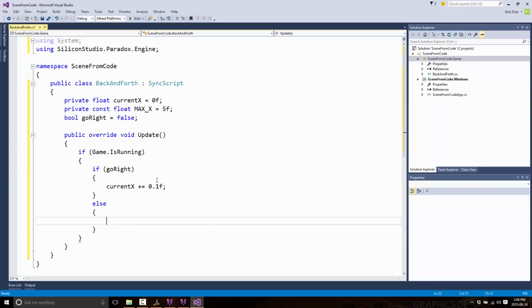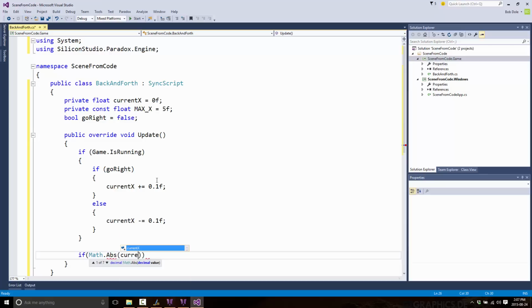So very simple example. I'm not taking into account the different speeds different computers run at. There's no normalization going on here at all. It's just so that we have an example to work with. All right, so either go left or go right along the x-axis. And finally, we just check to see that if we are beyond plus or minus 5, so our plus or minus our max. So math.absolute current x. So basically that's just removing the sign, like so. And if this is the case, we'll flip our directions,